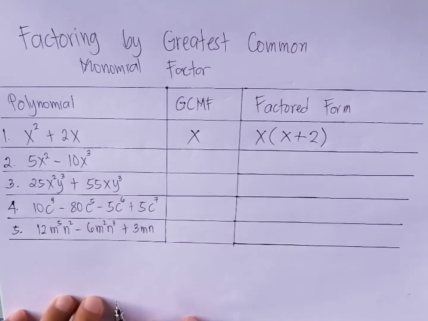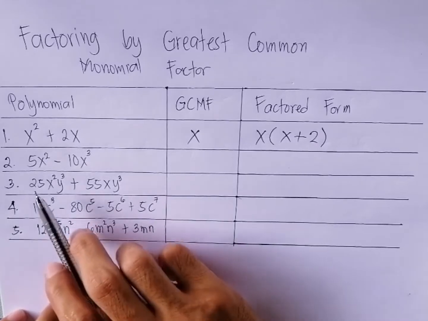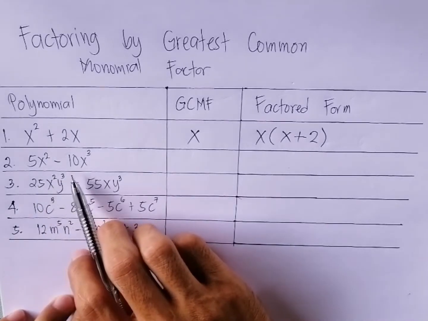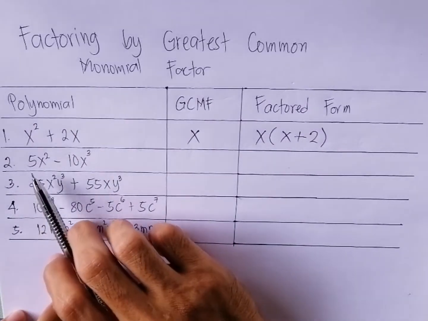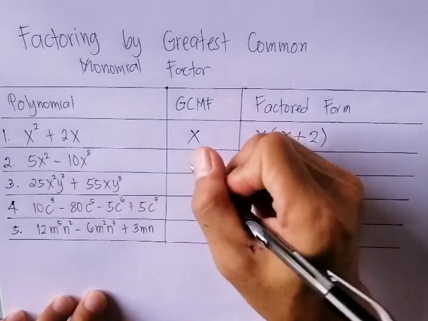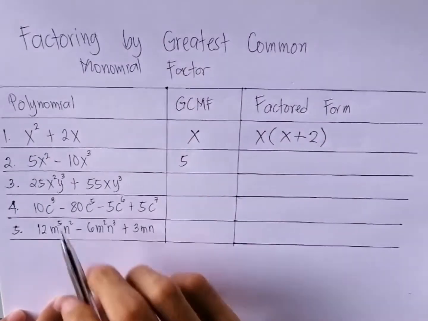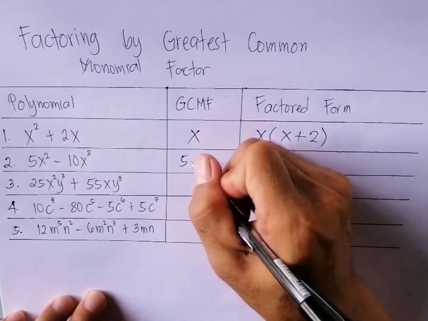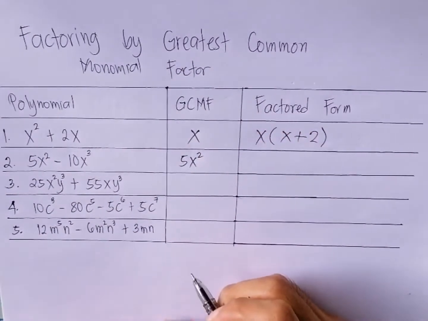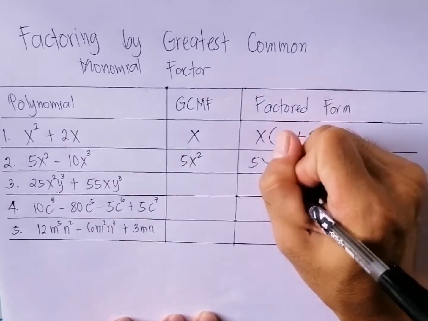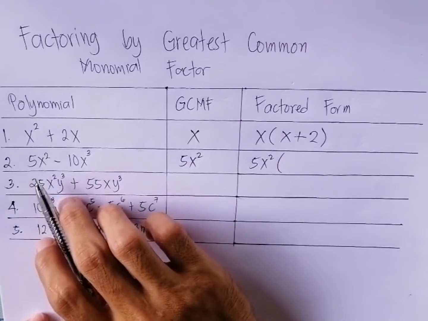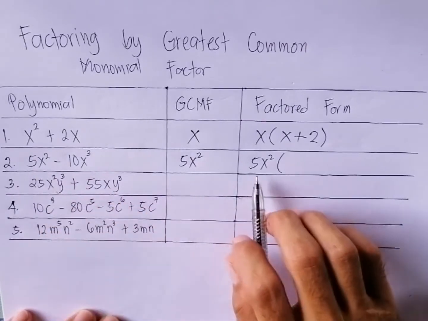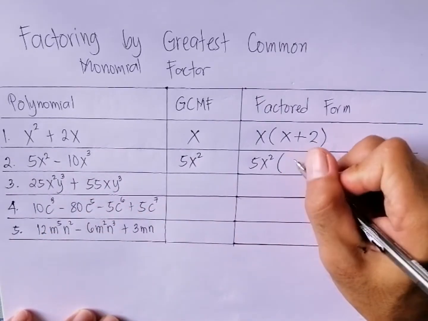For the second problem, the problem is 5x squared minus 10x cubed. The greatest common factor of 5 and 10 is 5. For the x squared and x cubed, it is x squared. So we have 5x squared times. So divide: 5x squared divided by 5x squared is equal to 1,